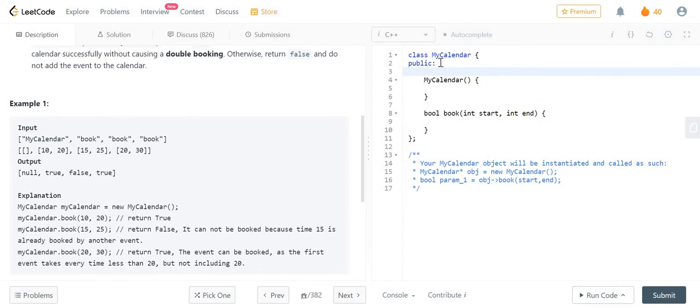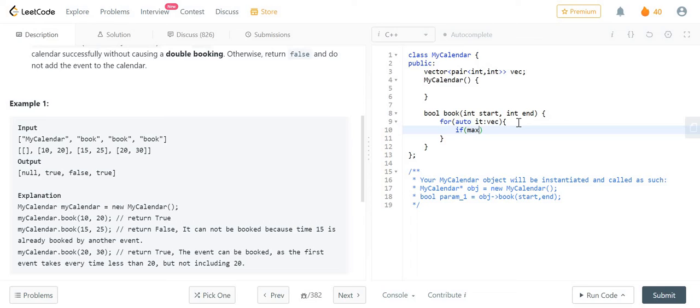In this problem, I'm going to use a vector of pair of int, int. Let's name it anything, like vec. Let's name it vec. So and now for each element in the vec, I'm gonna check if the max of start, it dot first